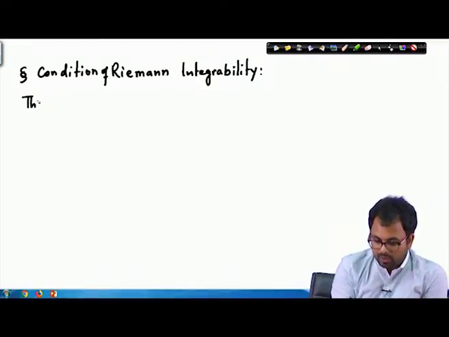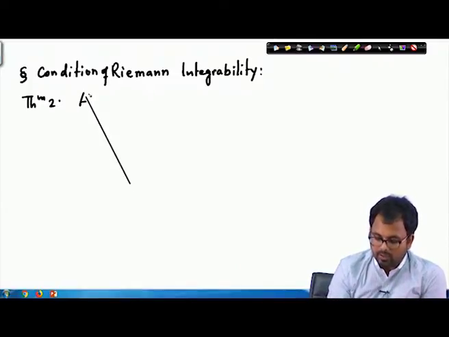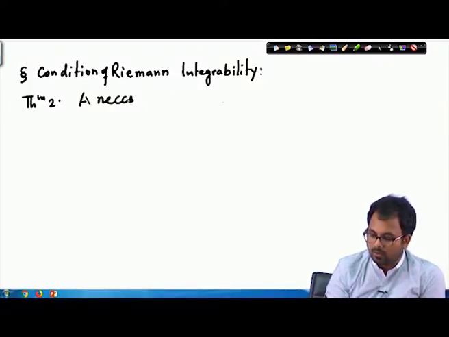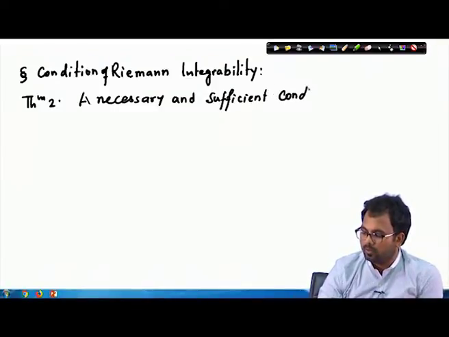We can formulate this in terms of another small result. So, theorem 2 says that a necessary and sufficient condition